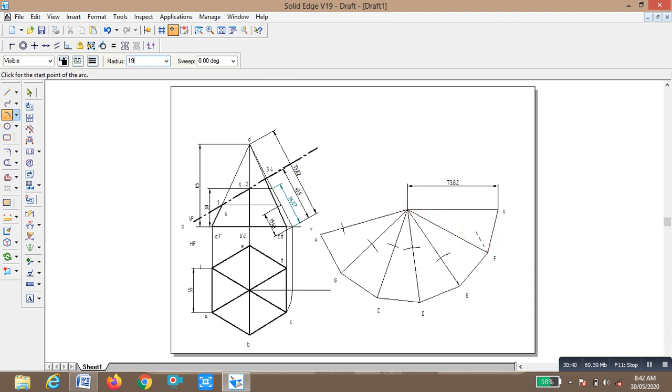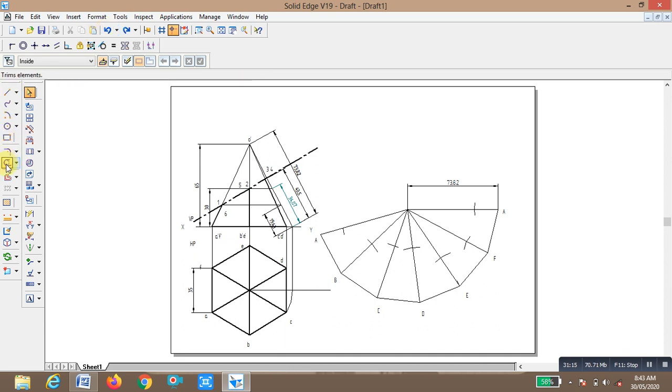Now we are going to trim one side arc, that is easy to connect the lines, that is the trim command. You trim the particular edges or arcs. Somewhat it is a problem.